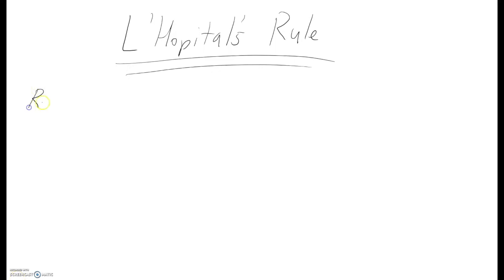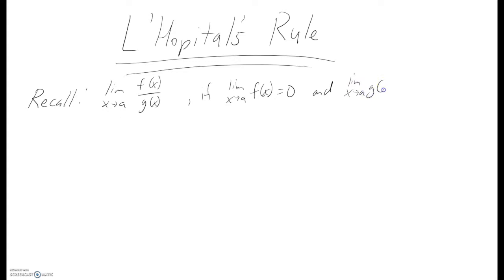Welcome to this video on what I think is a very interesting result and topic in calculus known as L'Hopital's rule. And for this rule, recall that the limit as x approaches a for f of x divided by g of x, if we end up in a situation where the limit as x approaches a for that numerator function f of x is equal to 0, and the limit as x approaches a for g of x, the function